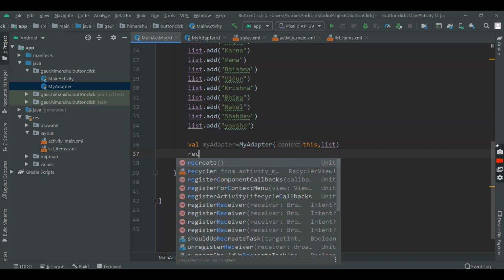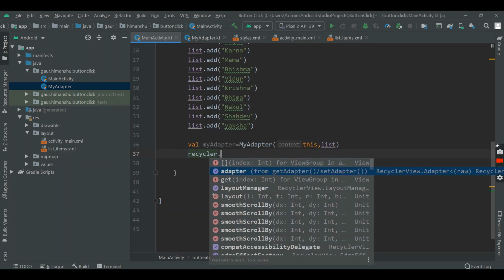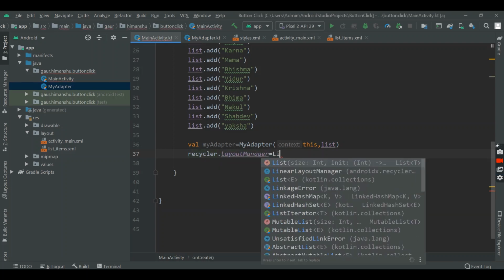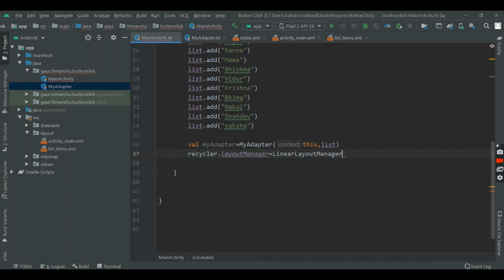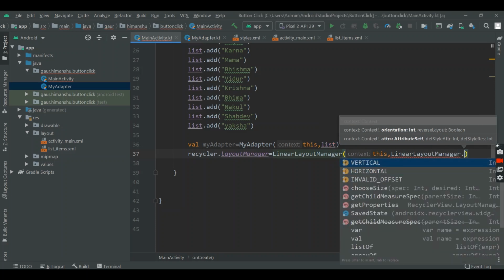And second, recycler.layoutManager which is equal to LinearLayoutManager. Within this pass context and second orientation, so LinearLayoutManager.VERTICAL or HORIZONTAL.